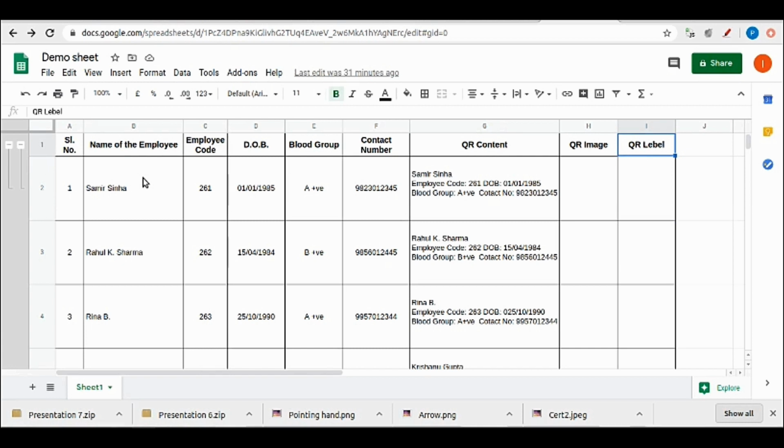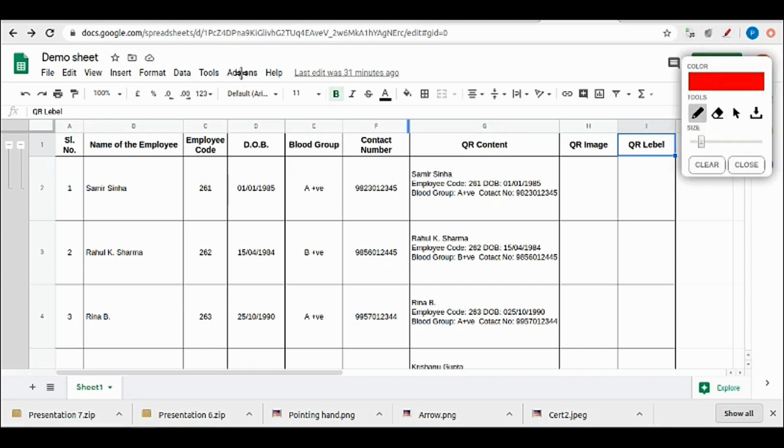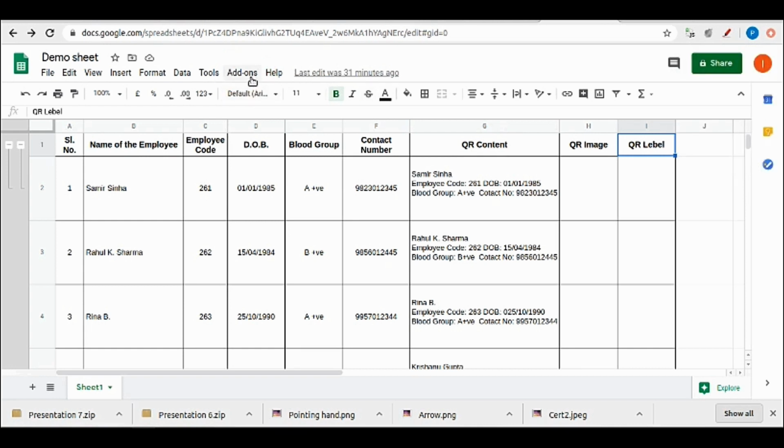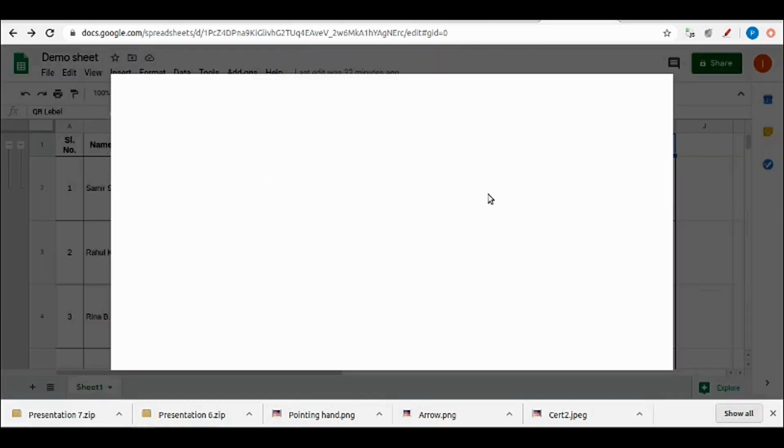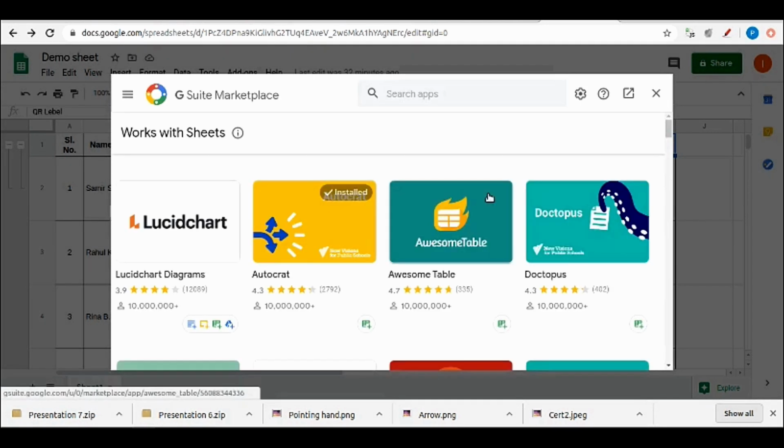For that we'll be needing one extension called bulk barcode and QR code generator. So I have to go to the add-ons on the toolbar. By clicking on the add-ons, it will show me get add-ons. When I click on get add-ons, it will display the list of the extensions provided by Google.